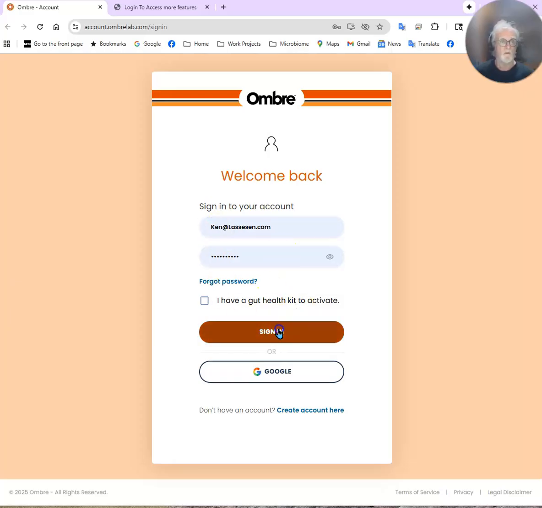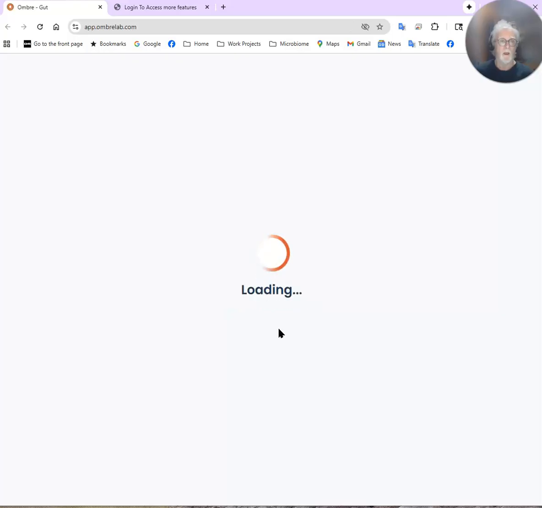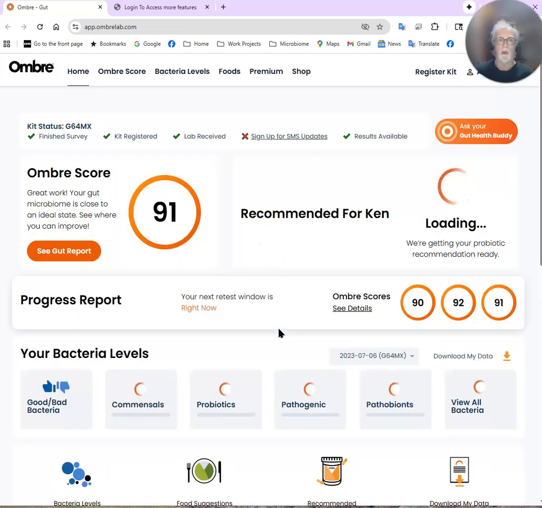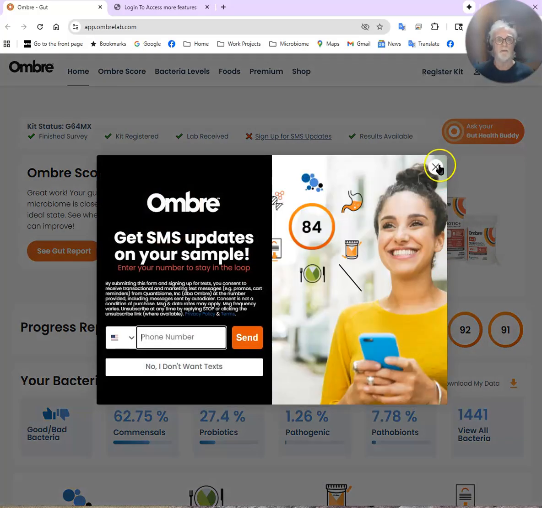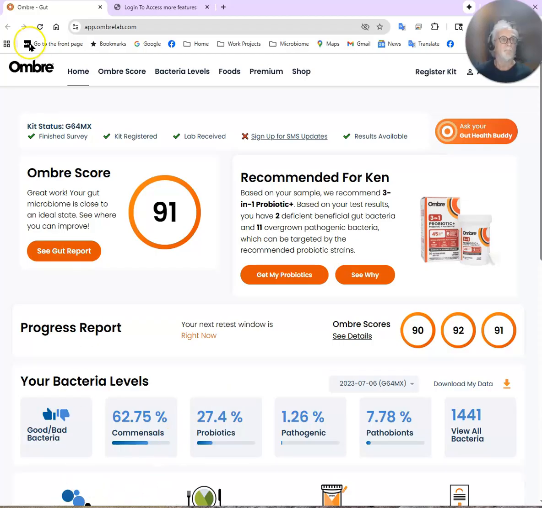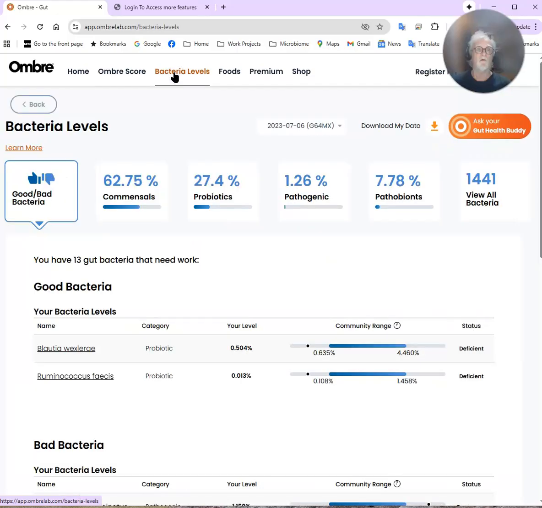So first thing, all you do is click sign in, and it spins a little bit. And there we have the login, and you can see my last result, which is 91, which is a good, healthy result. Now, what we want next, and we have advertising. After dismissing the advertising, click bacteria level, and we have download my data. So click here,